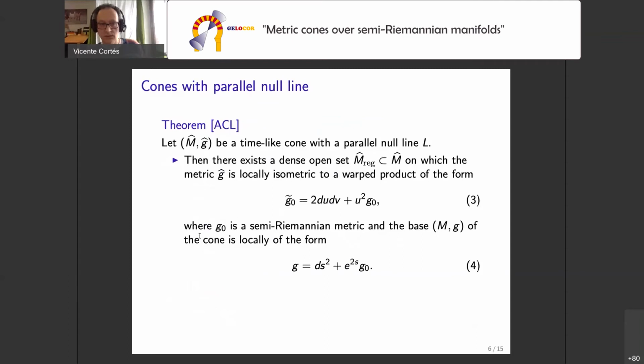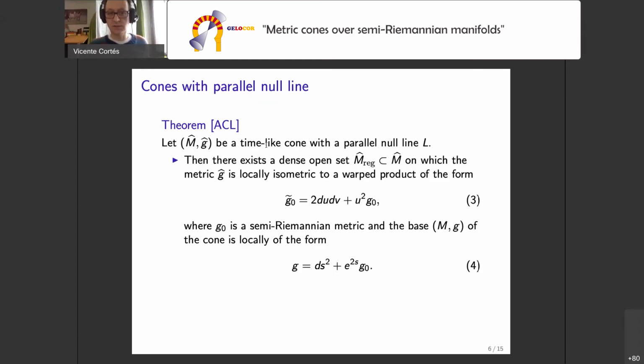And now, as you saw in the previous theorem, for an indecomposable metric cone there were two cases: either you have irreducible holonomy, or there's an invariant null line. And now we want to study this case when there's an invariant null line, a parallel one-dimensional rank 1 distribution on the cone. So we consider now a cone M hat with a parallel null line. We take the time-like cone, but this is just to fix the ideas by fixing the signature.